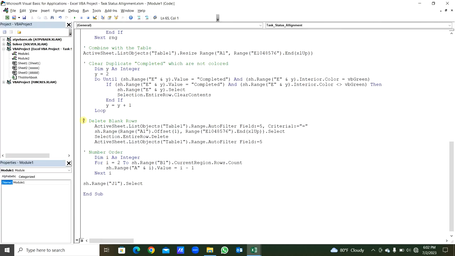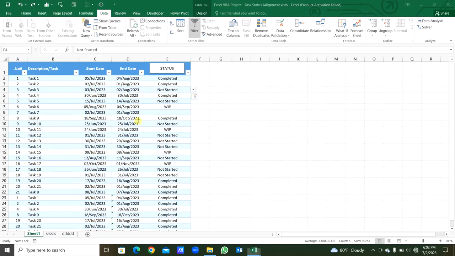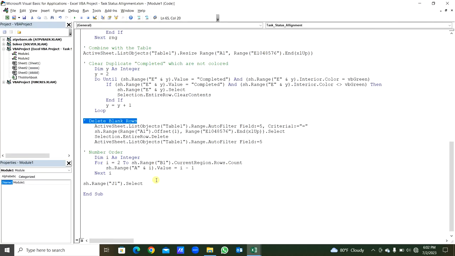The next row will be considered under this condition. Then in the next step, we have to delete the blank rows. After copying and pasting the completed rows at the bottom, from here we clear the completed contents of those rows. After we clear these contents, we have to delete the empty rows. For that,